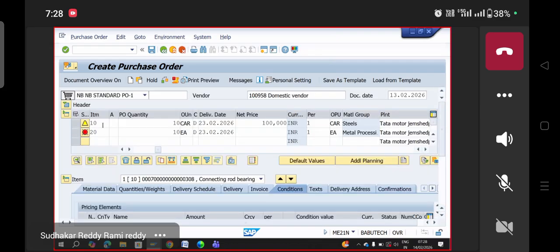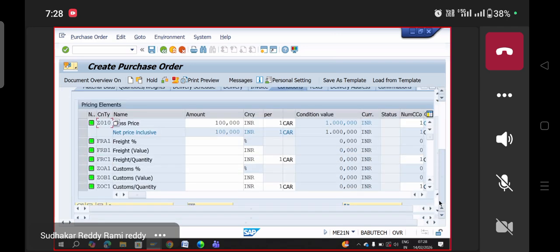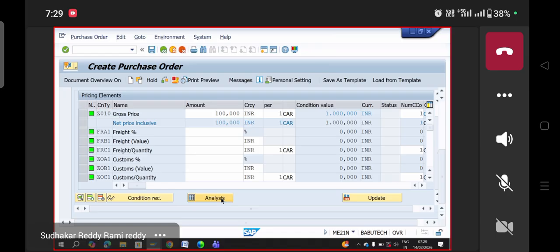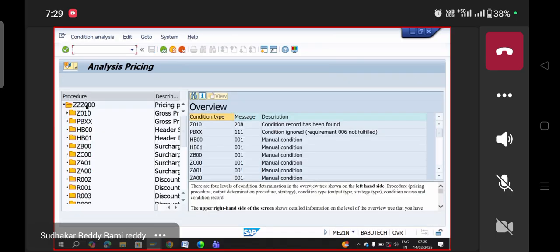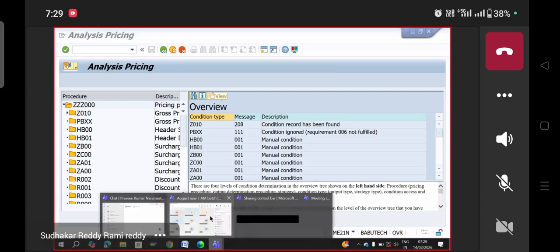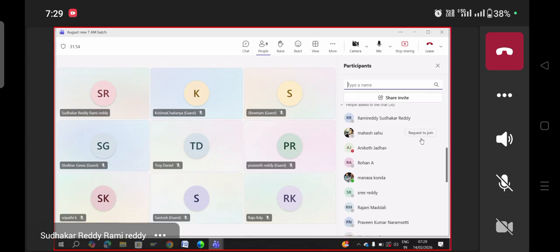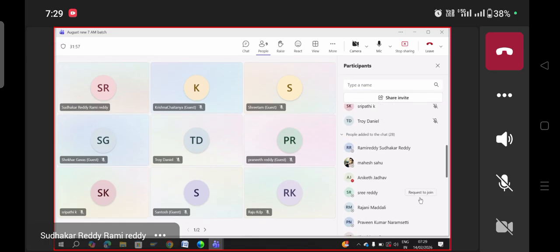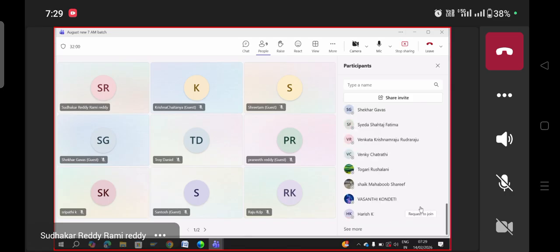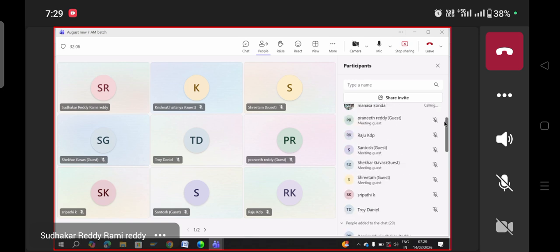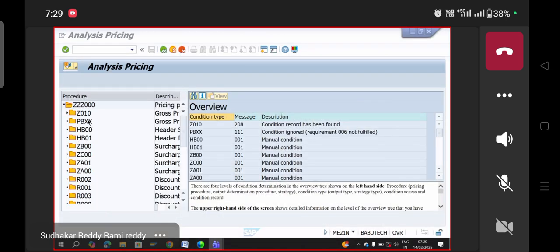I think you have written this now. Go to the item condition tab and click the analysis button. I think you have written up to here, correct? Click the analysis button. Observe the determined pricing procedure 00000,